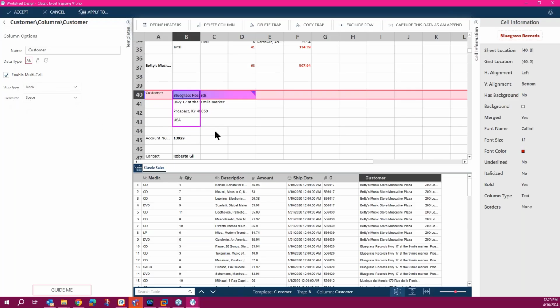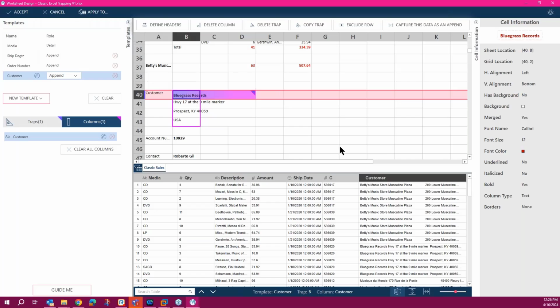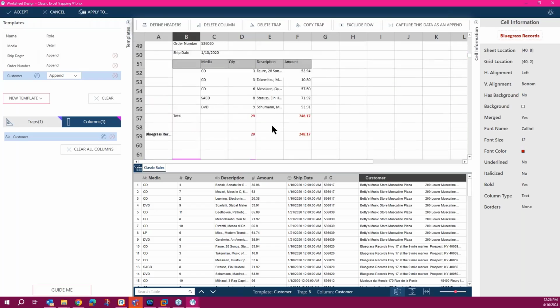So when it sees a blank, it stops, and the delimiter would be space. You have other choices here in case blank doesn't work. If you know these are always 4 lines, you can just say 4 lines, or the delimiter can be other choices that you can select.